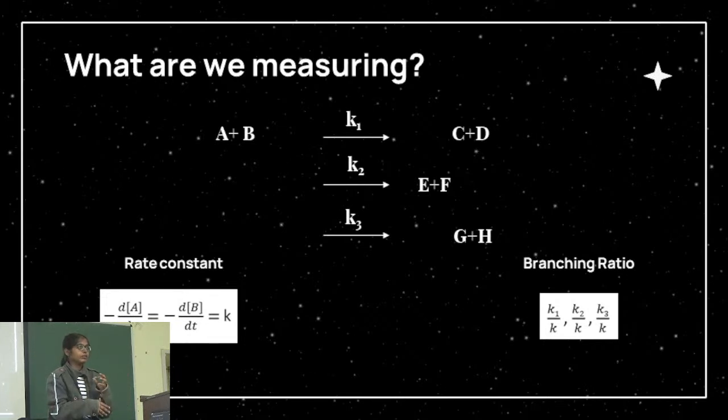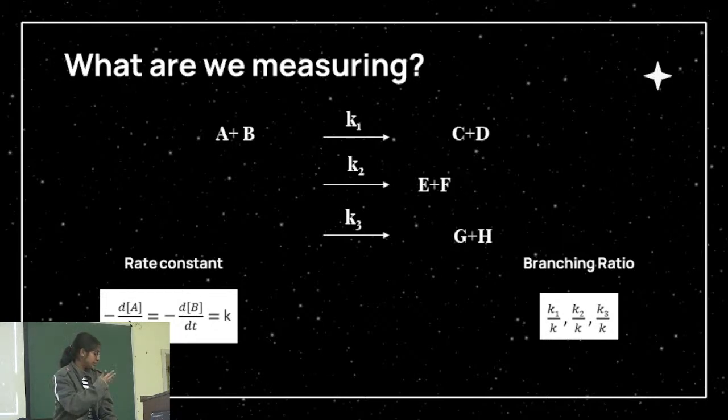Measuring rate coefficients is still easy, in the sense that you can measure one molecule, see one side of the reaction and how it declines in time, and that gives you a rate coefficient. But actually measuring branching ratios can get really complicated, because you need to differentiate between the relative abundances of very similar molecules that are maybe just rotational or structural conformers. So you need a technique that can help you do that.